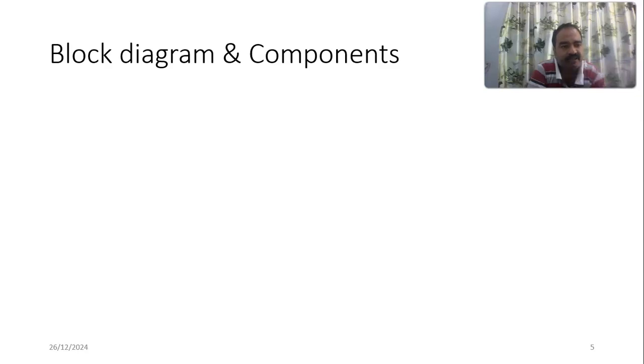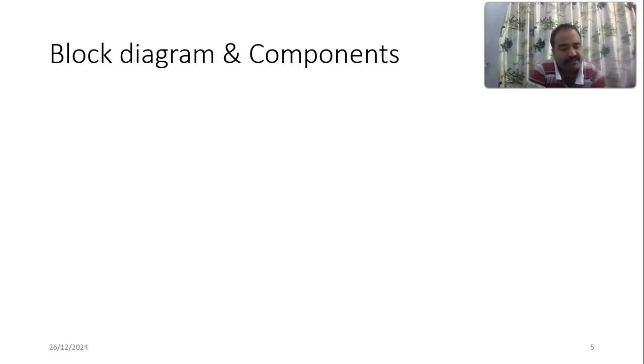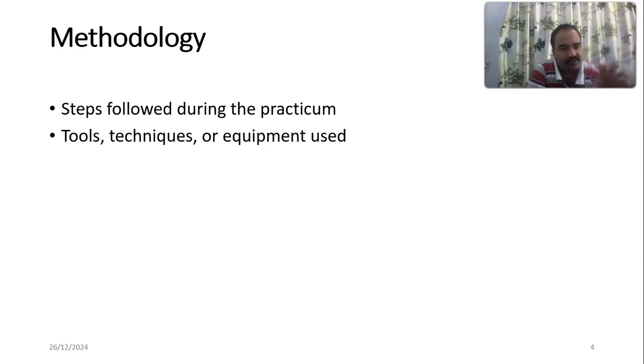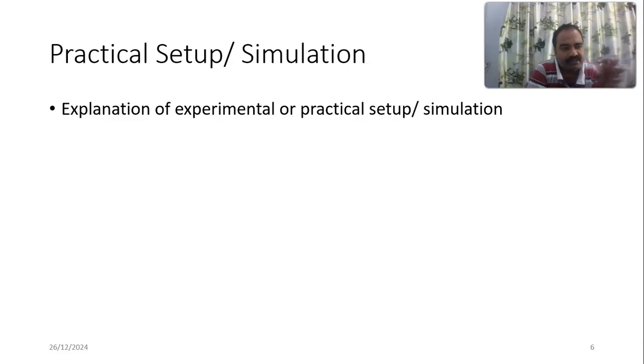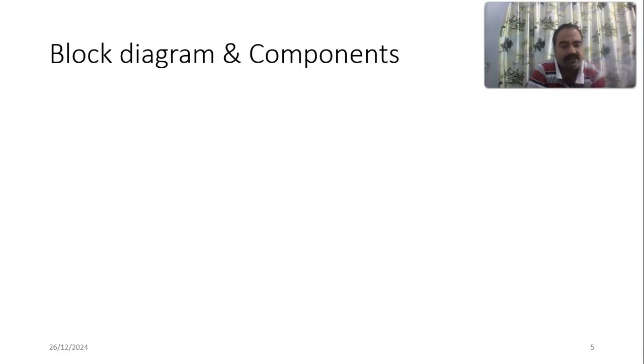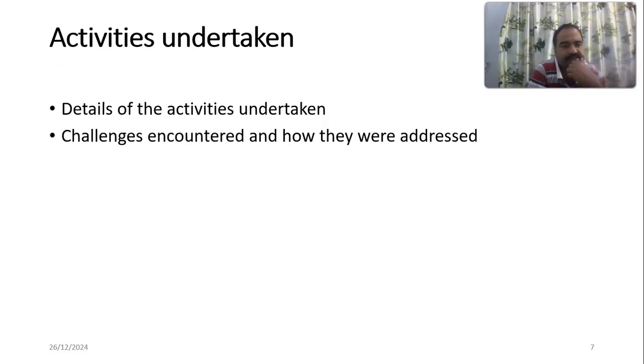This is your 5th slide. And the 6th slide is the practical setup or simulation. You write 3 or 4 points, because in slide number 5 you have given the picture, and in slide number 4 you have mentioned the components, and based on the components this is your picture, right? Now you mention 4 or 5 steps about the working of your practical setup or simulation, because this only gives you a picture, right? So the detailed thing you mention in only 3 or 4 steps here. Okay, the next,